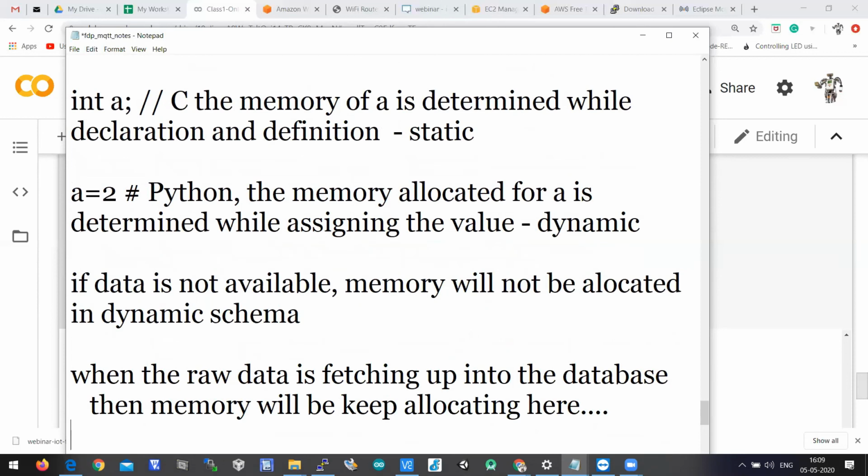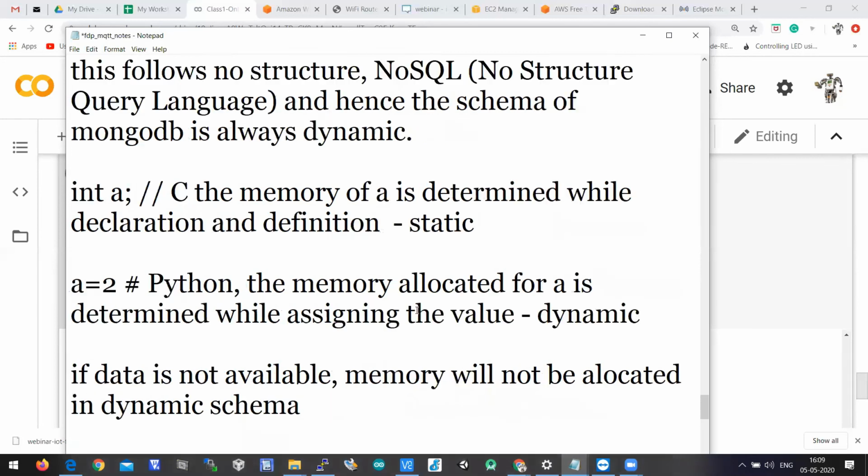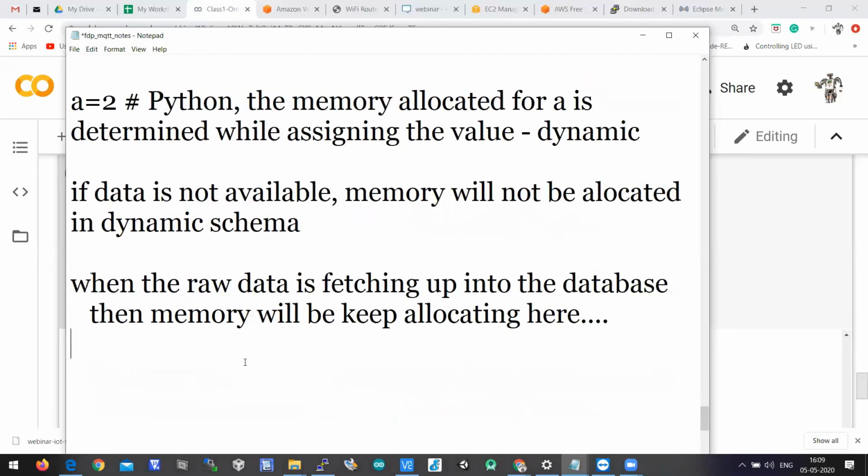In Python, memory will be allocated only when a value is assigned. So in MongoDB also, the memory for data will be allocated only when data is getting stored. If data is not stored, the memory will not be allocated. MongoDB follows something like Python.